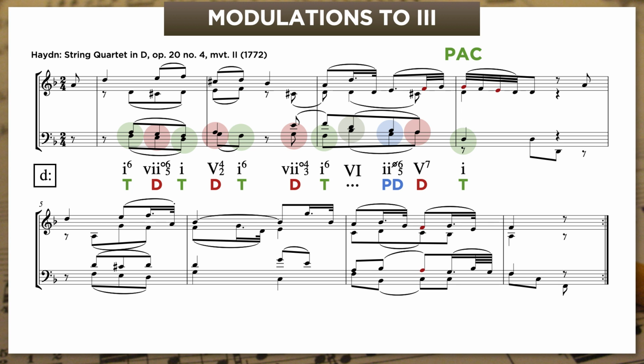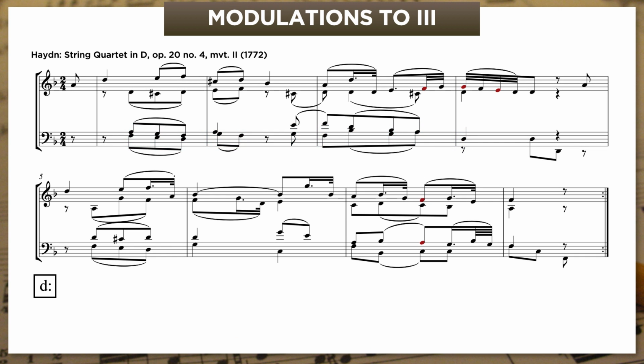Haydn probably wouldn't have done it that way if he planned to just stay in D minor, but of course, given what we're doing here, the consequent phrase is going to modulate. It starts with about a bar of tonic, and it ends with 2 bars that are clearly in the relative major F.